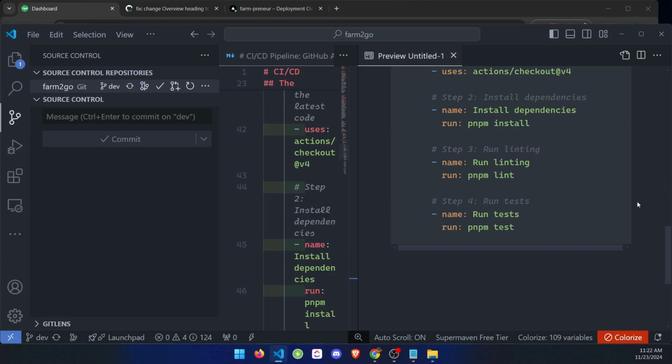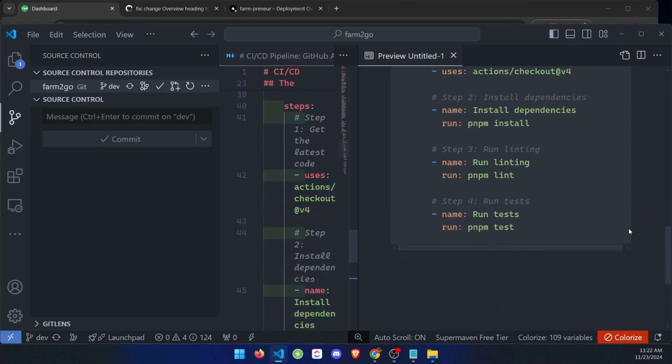After all tests passed, the pipeline uses Vercel CLI to deploy the app. Vercel automatically detects the framework, for example, we are using Next.js, and builds the app. So the app goes live with a zero config deployment, meaning no extra setup is needed. And Vercel will do the deployment for us.